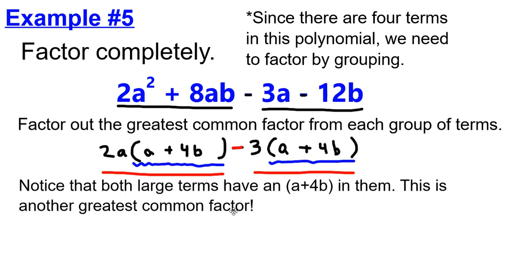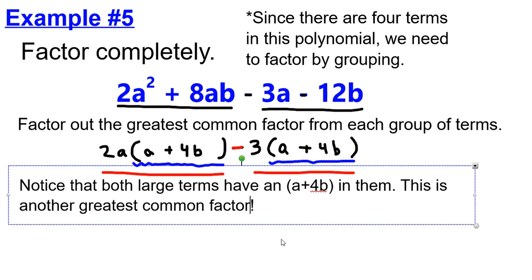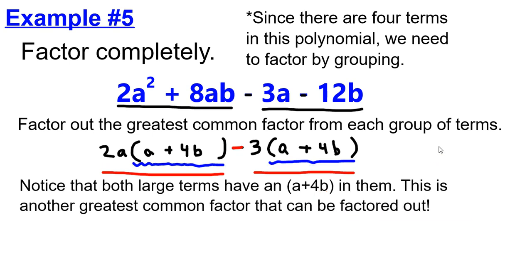I should say that this is another greatest common factor that can be factored out. All right, so from these large terms, we're going to factor out the expression a plus 4b because they both have an a plus 4b in them. So I can factor out a plus 4b. And if I factor this a plus 4b out from this large red underlined term,